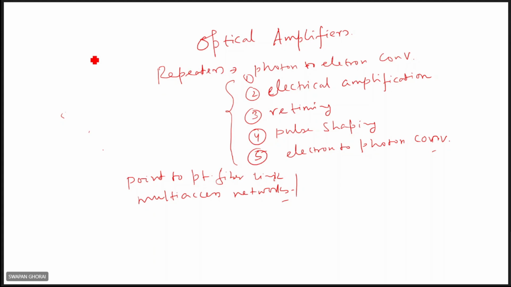In an optical amplifier, how is amplification done here? There will be a pump source. It can be based on semiconductor or optical fiber, as we have seen, where the input signal is coming through the fiber, and because of the pump source in the medium, electrons will be excited to the higher energy state. Whenever the signal photon coming through the fiber strikes the excited electrons in the upper energy state, it will be forced to make a downward transition, right? And at that time